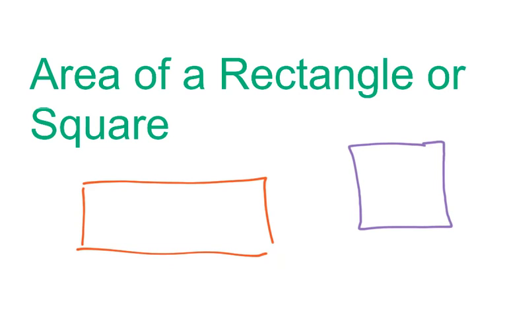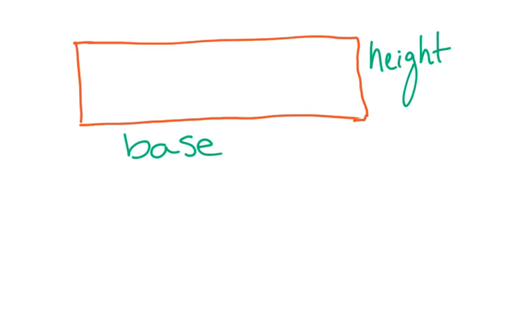Two of the shapes that we will need to be able to calculate the area for are rectangles and squares. Starting with a few vocab words, we will all need to know how to find the base of a shape. Typically, you might find the base on the bottom. Not always. It can be on the side or at an angle, but the base is one of a set